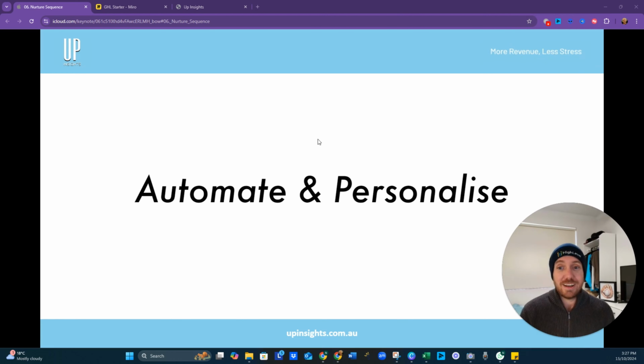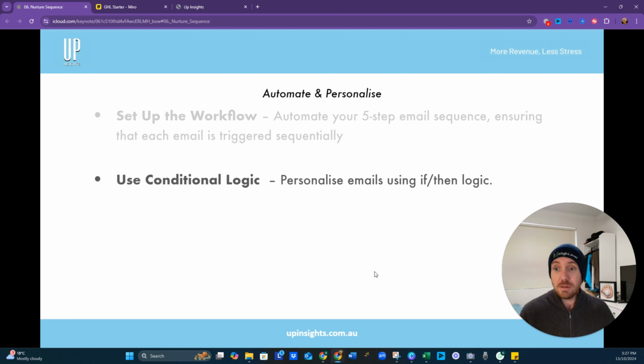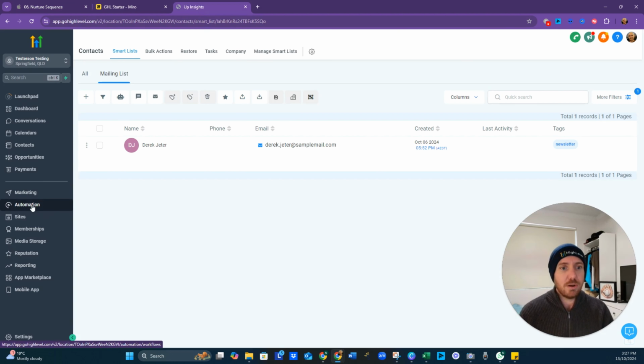Okay, automate and personalize. Set up the workflow, automate your 5-step email sequence, ensuring that each email is triggered sequentially. We've already done that. Use conditional logic, so you can personalize emails using if-then logic. We haven't done that quite so much just yet, but as an example, if we go back